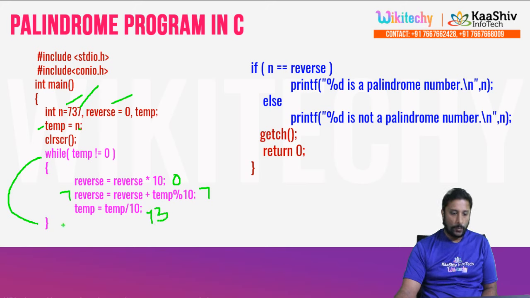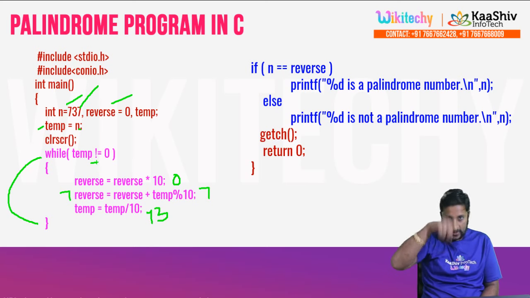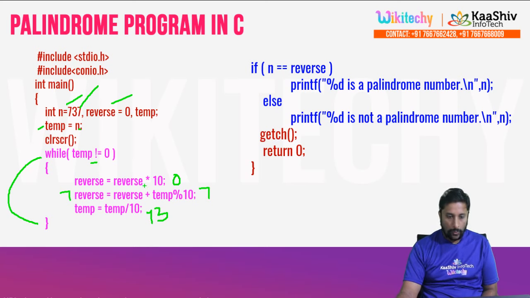I have a for loop. My temp value is not equal to 0, so once again it will loop through. Now it will come here. The reverse value is 7 here. 7 into 10 will become 70 now. Reverse is equal to reverse, now the value is 70, plus